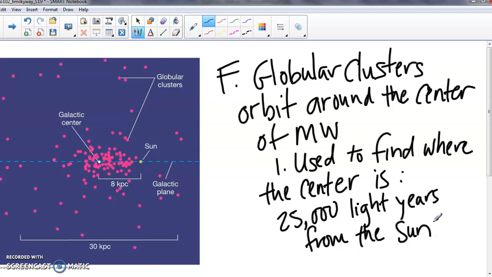So that's what this picture is showing here. Here's the galactic center right here, this little dot. Here's the sun over here. All these pink things are globular clusters, and we were able to figure out how far they were and how they were moving, and we found they're all moving around, they're orbiting around